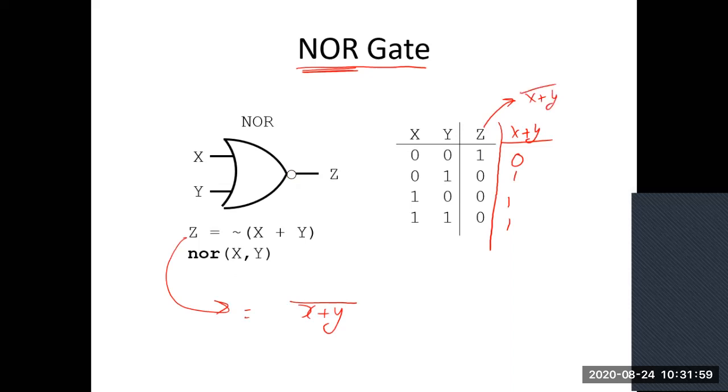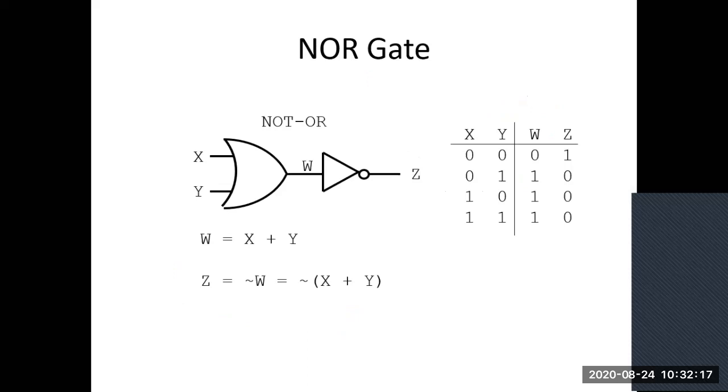Okay, you need to complement this last one. By complementing, you are getting 1 in place of 0, and 0 in place of 1. You can say that I will get output 1 only if both the inputs X and Y, or all the inputs, are in 0 state. The same NOR thing we can represent as one OR and one NOT in front of it.